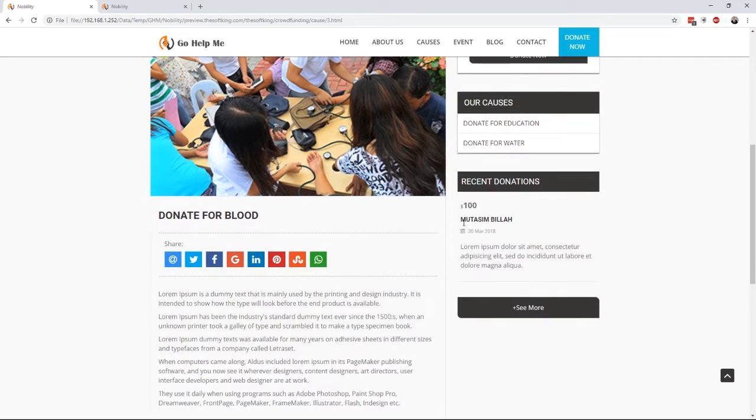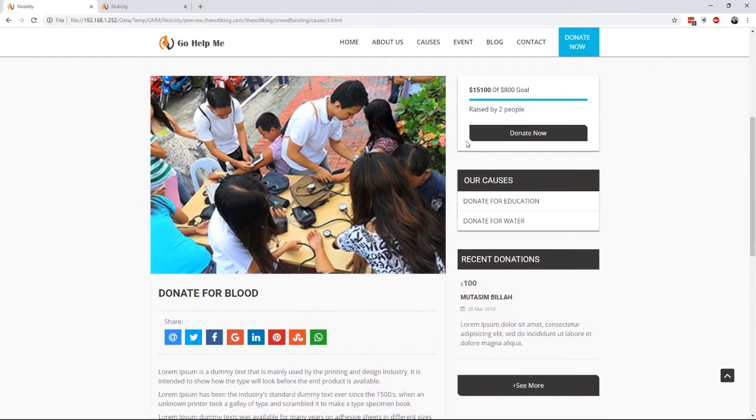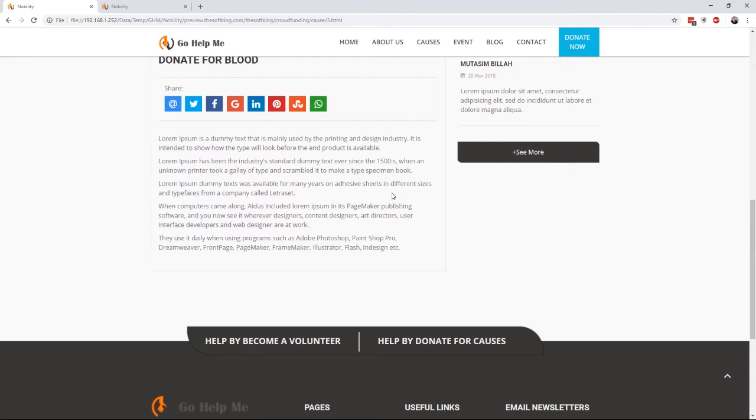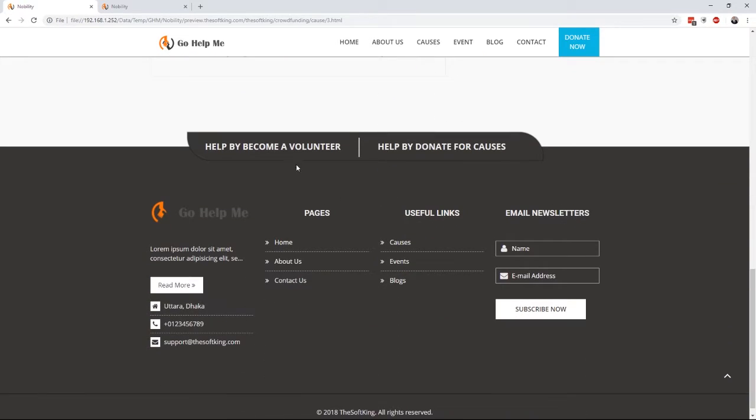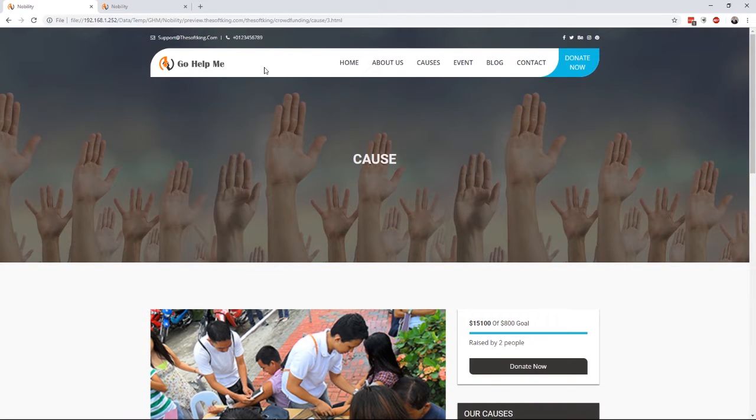It's possible to see donation histories here on the side as well. There's also a donate now button. If you were to click on this donate now button at the top of the web page, it would take you to this page, or to the cause list, that is, a cause grid. If we scroll down a bit further, we can see that we've got a footer area. We've got help by donating for causes, and help by becoming a volunteer. So if we just go back to this home page here,